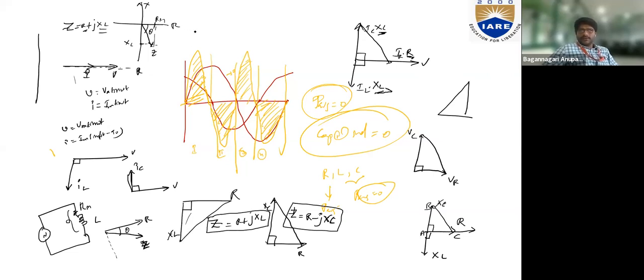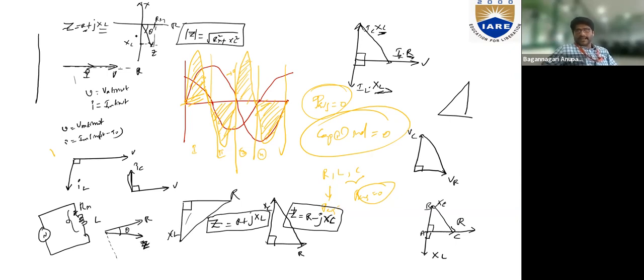So the equation I am going to write is Z equals R plus jXL, and the magnitude is calculated as said previously. We have done the calculation before for the magnitude of Z. What is the equation we wrote? Under root of R square plus XL square. This is the magnitude which we follow. That means if pure inductors are not practically possible or not available, instead of getting 90 degrees, we get a certain angle here, right?